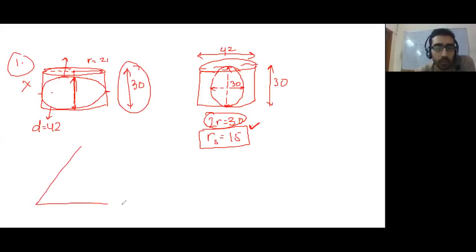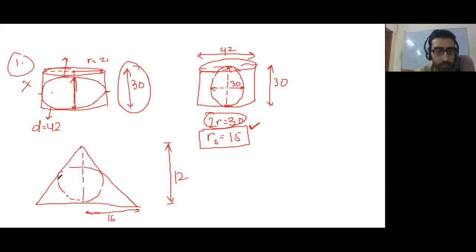So let's say this is my cone. Its height is given to be 12 and radius is given to be 16. So this is 12, and this is 16. So whichever circle fits in here will fit like this. And in all such questions, although this is a cone and a sphere, we're talking about a 3D figure.